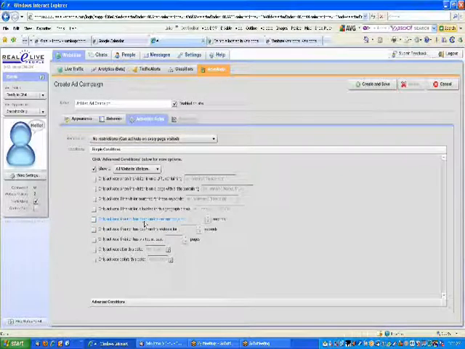The next one is to be able to activate for visitors that have been on the page that they're on for more than X number of seconds. So if someone is flipping fast between page after page after page on your website, it may be annoying if an advertisement is constantly popping up in front of them. So you may want to have the ad appear only when they've been on a page for a particular